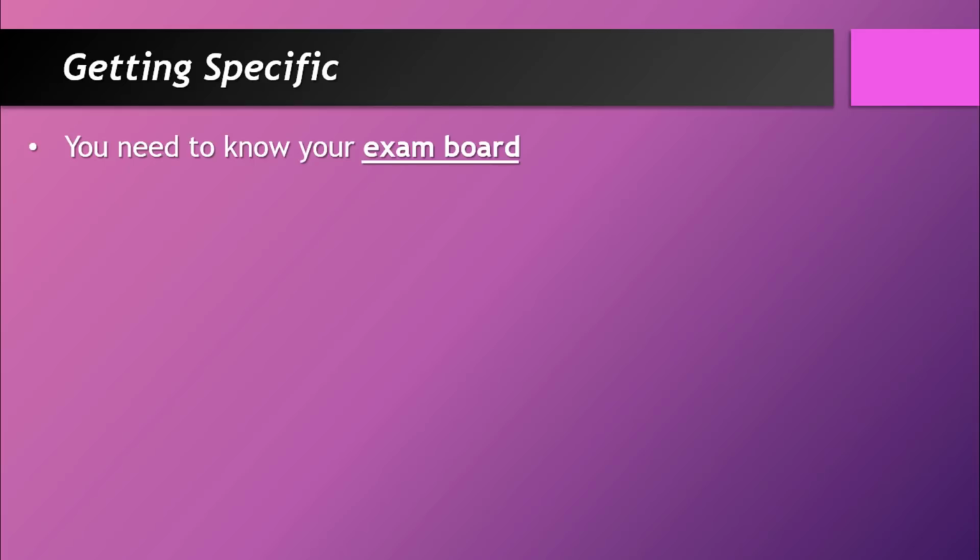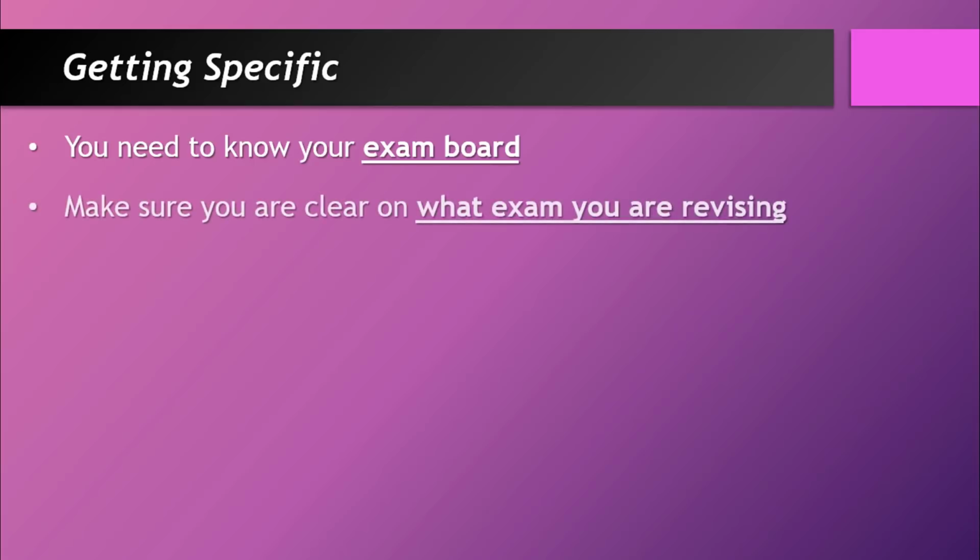If you don't know what they are, make sure you ask your teacher or see if it's referenced on maybe your VLE or your school's website, somewhere where it will have information about all your subjects. That's really important. Also, it's important that if you are revising a particular exam, you're clear on what exam that is in regards to the course. Most subjects have multiple exams and computer science has 2, so you need to know which exam you're actually wanting to revise and make sure you separate the total content for that.